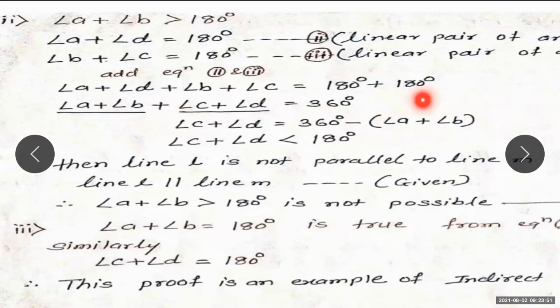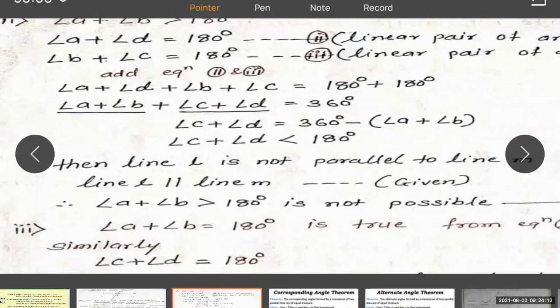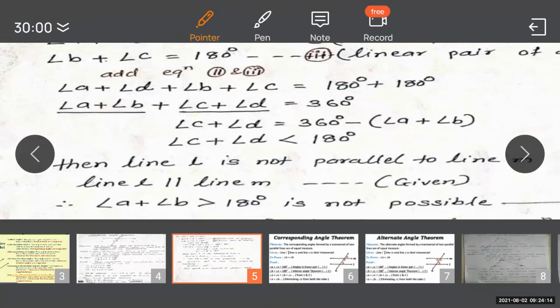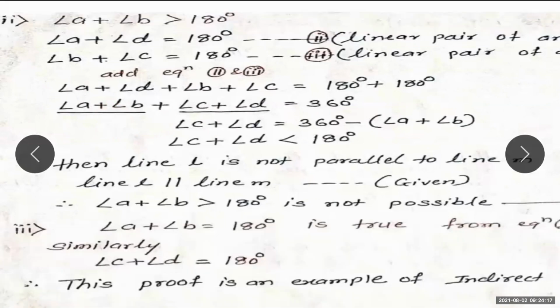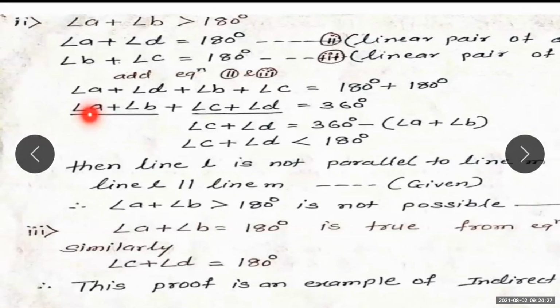Okay. Now here a little bit of change: I make a group of these two angles, that is angle A and angle B. I wrote them together. So angle A plus angle B, and in the second group angle C plus angle D. Both are the same. Just for our convenience to write the proof, I made the changes here. Okay. Now see, angle C plus angle D.